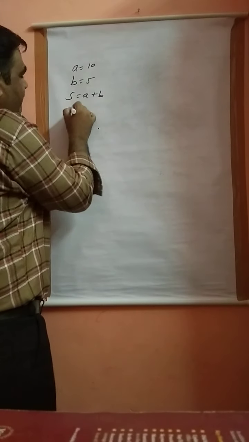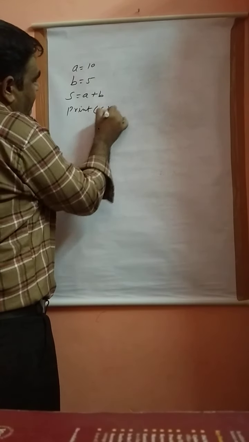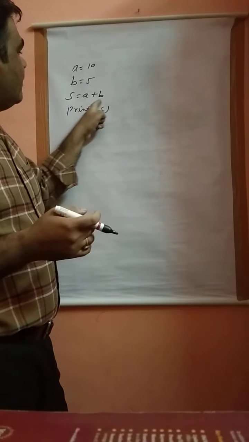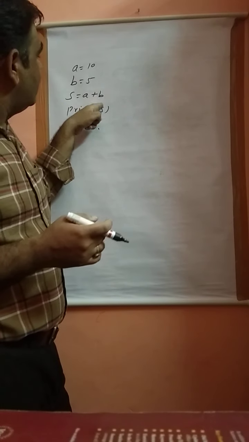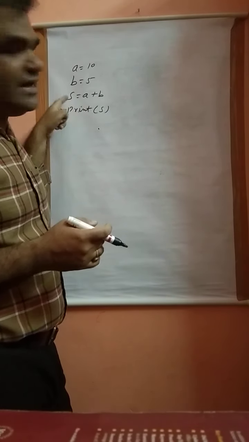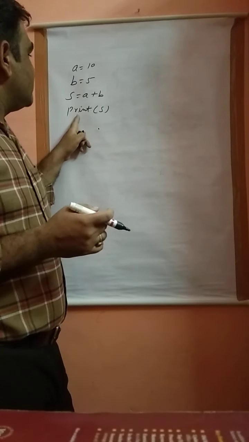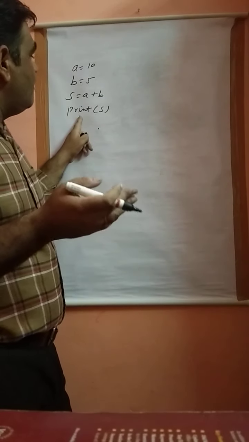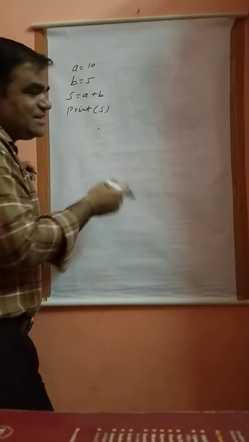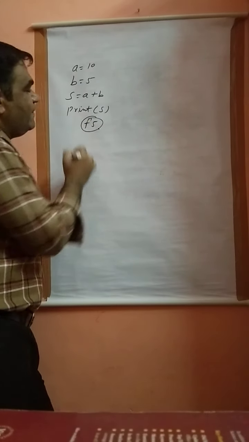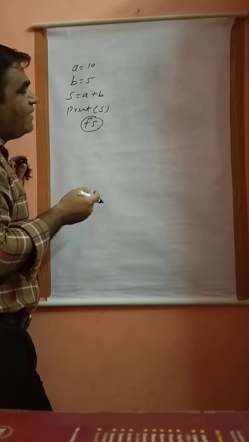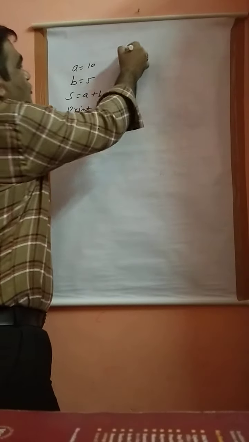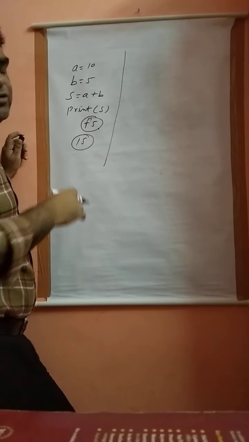Then after that we print the output variable, that is s, because after the calculation of a plus b, the result is stored in that variable, s. And with the help of the print keyword, we show our answer onto the monitor screen. So whenever you press the F5 button on the keyboard, the compiler executes this program and shows the output 15 onto the monitor screen. And now the question is that this is our simple program.